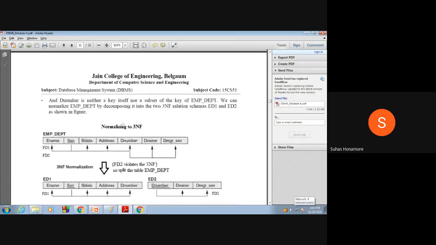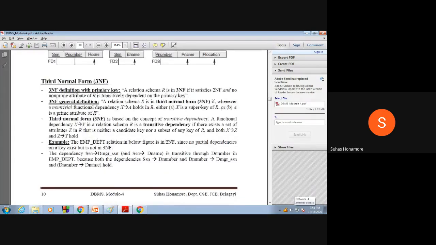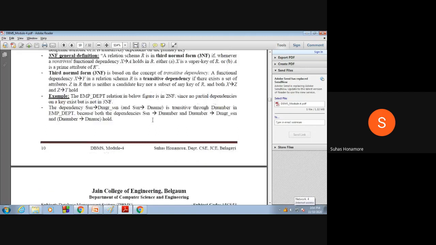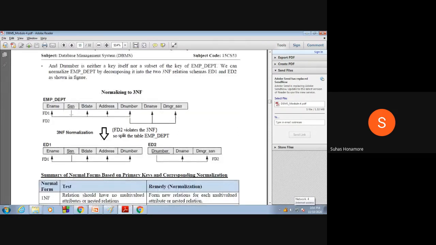The normal definition of 3NF with respect to the primary key says it should be in 2NF, and no non-prime attribute of R is transitively dependent on the primary key. Here we saw SSN to D number is there, and from D number to D name or D number to manager SSN is there.